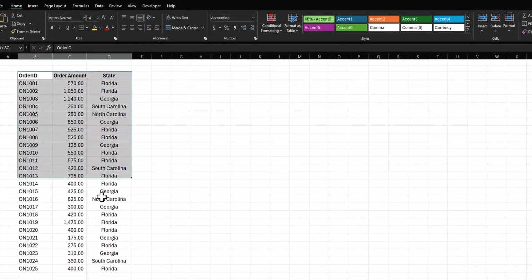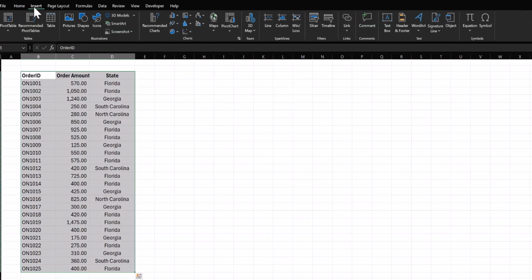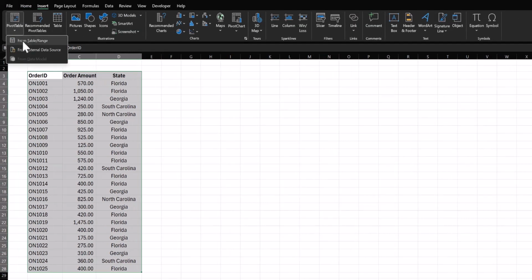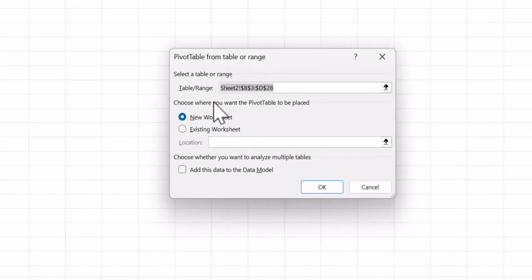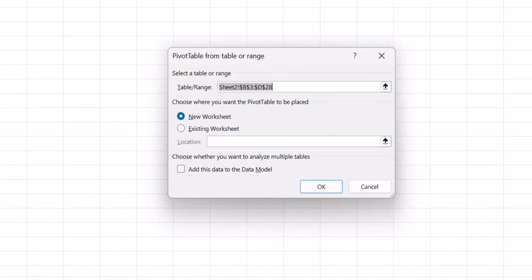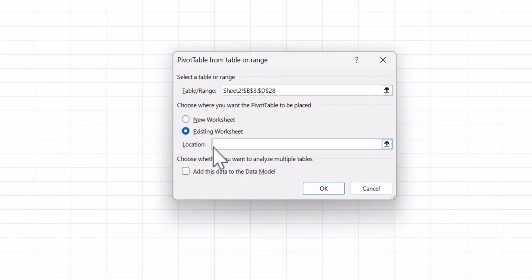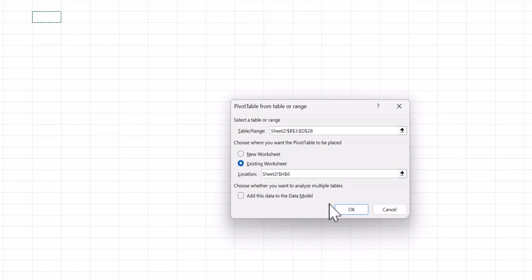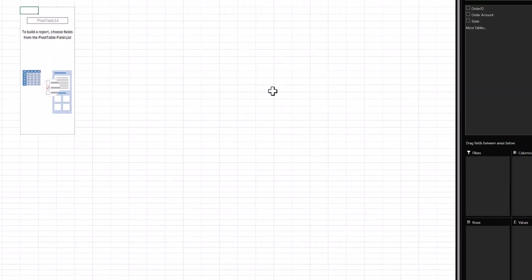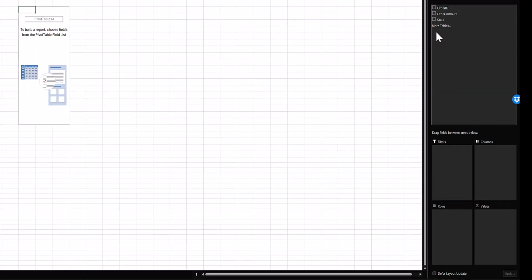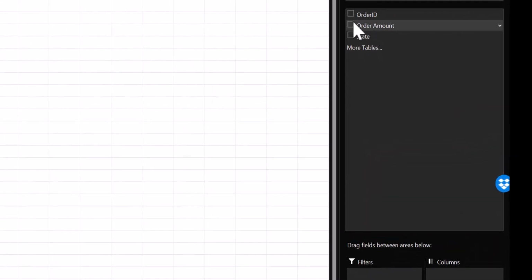So we select our database and we say insert pivot table, and it selects this range B3 through D28, and we want to create this aggregated table in an existing worksheet. Location, let's say here. Now the fun begins. On the right here, we see that it picked up the field names from the first row of the database: order ID, order amount,